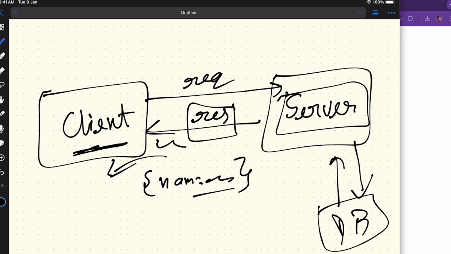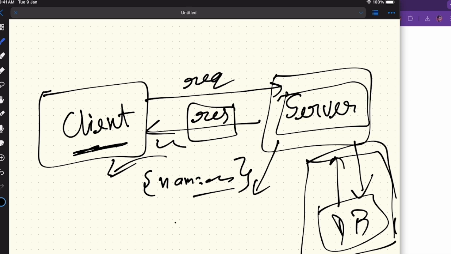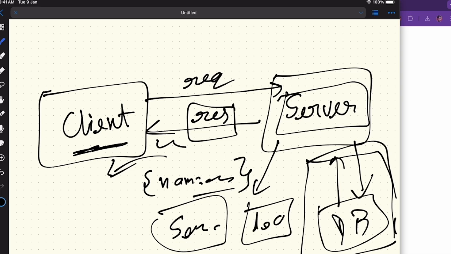But let's say this task is a little bit complex, and this is actually a tight coupling here, because we are waiting for the DB here, and then we are waiting for the server to respond to us. But let's say here we have a lot of work to do, not only to update the DB, we have work to, let's say, search this user,